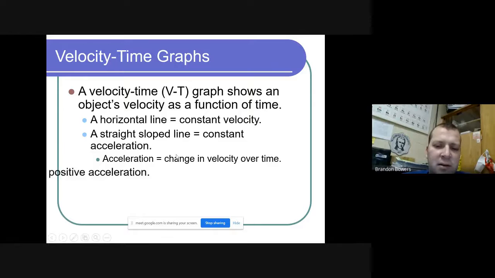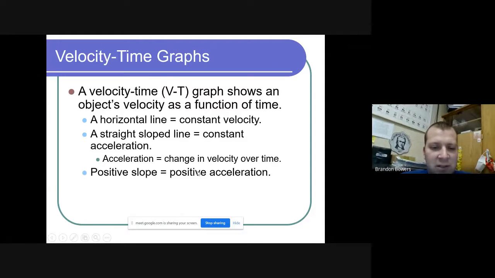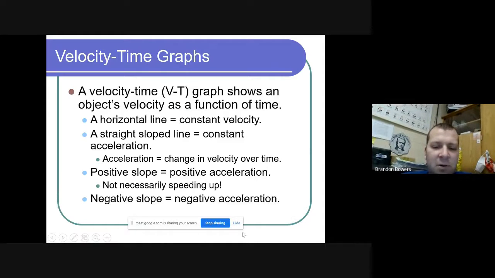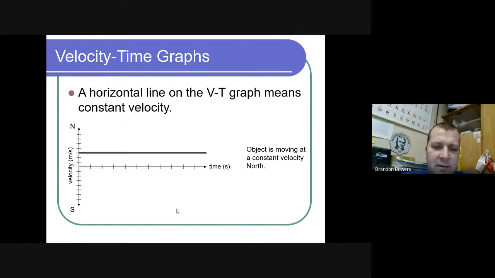If it's going positive sloped, it's positive acceleration. Whereas if there's a negative slope, that means you're negatively accelerating. Okay. So if you look at this example,